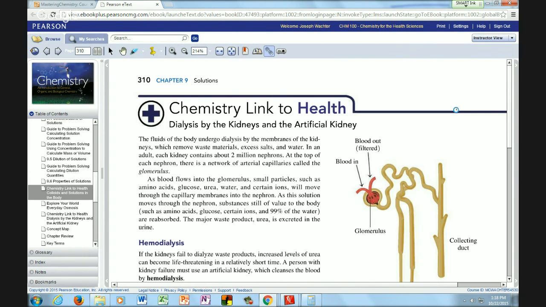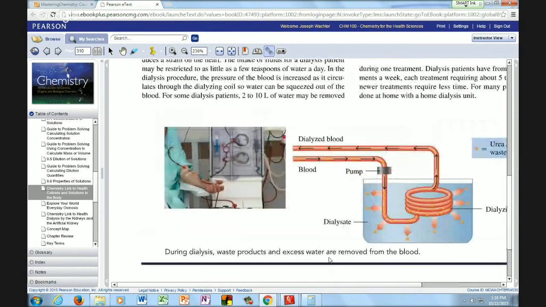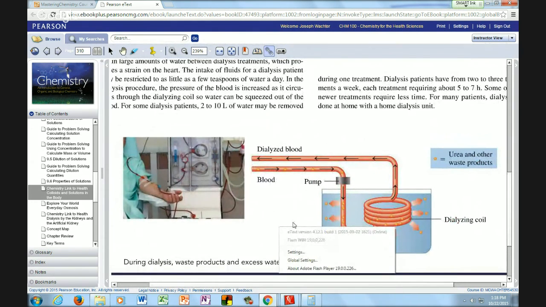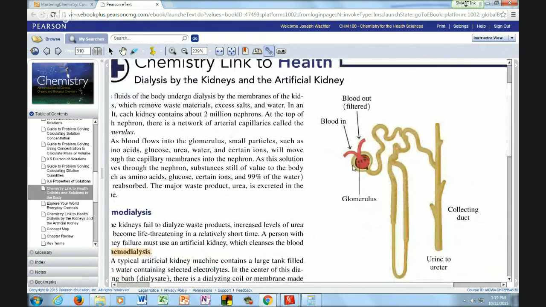But this is the same thing that happens in humans, in our kidneys, or here in artificial dialysis. So your kidneys do this, as you can see here in this picture. Your blood comes through these glomerulus. Is that close enough? I don't know. You guys are in physiology and stuff, right? You know this stuff. And that's where the dialysis happens. So that's where the waste molecules in your blood, predominantly urea, but other stuff too, come out through the dialysis through these membranes